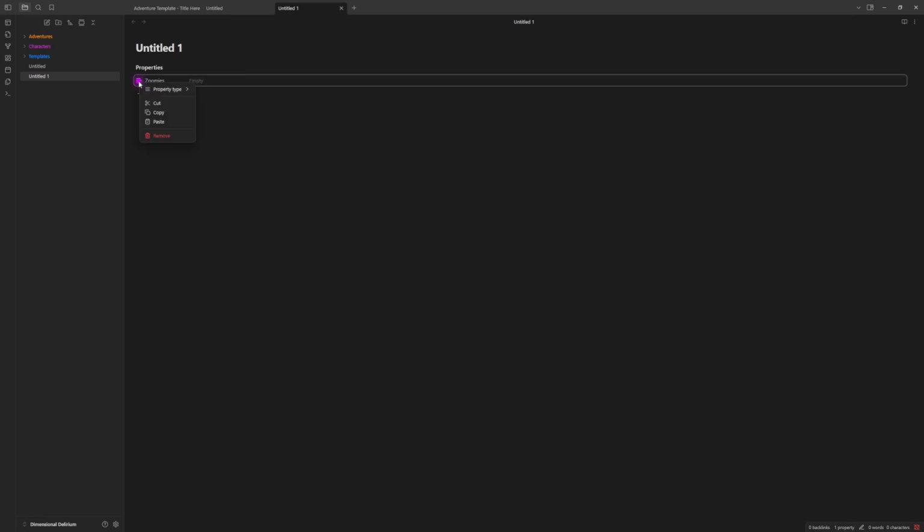Now I have this tag. What type of property is it? Is it text, list, checkbox, date? Is it just for a number? Do I make a list with it? And now on this page,